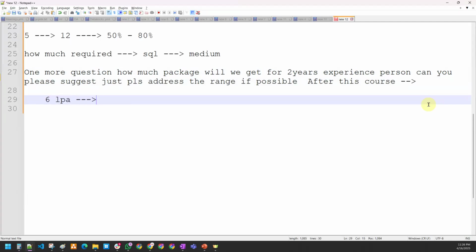For 2 years of experience you can go up to 11 plus. You can go even more, but on average you can go for 10 plus, 11 plus. That's something I can tell you for sure. If you are bagging one more offer letter, for sure you can go for 13 plus. That's how your package can increase. It depends on the company, how many offers you are getting, and that particular company's demand and all of those things. Totally, yes.